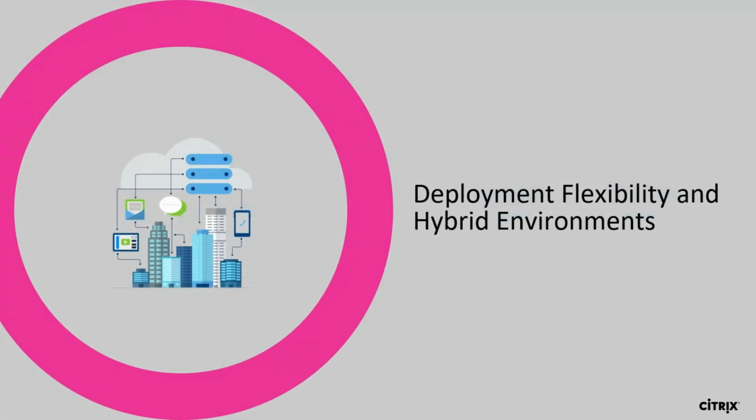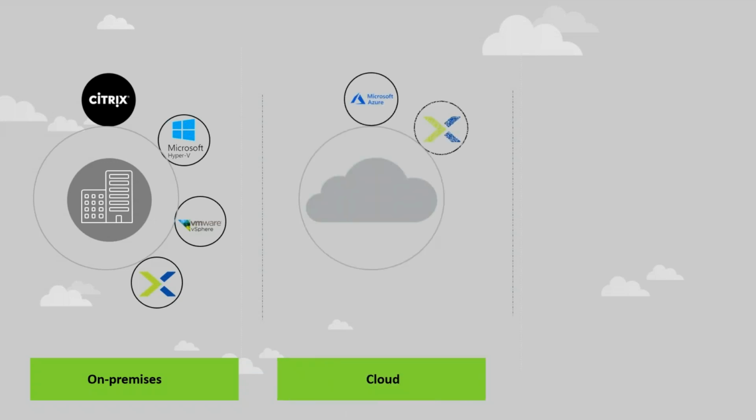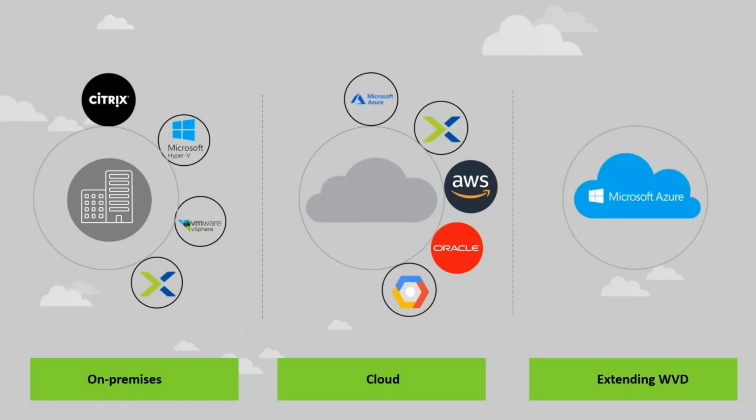So if we dive down a little bit more into the hybrid flexibility, and we look at this slide here, we have the ability to access on-prem, as we said. So again, choice is big here. We have Microsoft, we have VMware, we have Nutanix, we have anything that you have on-prem, including Citrix Hypervisor, of course. Whether it's in cloud, then we've got Azure, we've got AWS, Oracle, and GCP. We in particular have done a fair bit with GCP ourselves in our team and connectivity to that. And then that obviously extends into Azure with the WVD service as well.